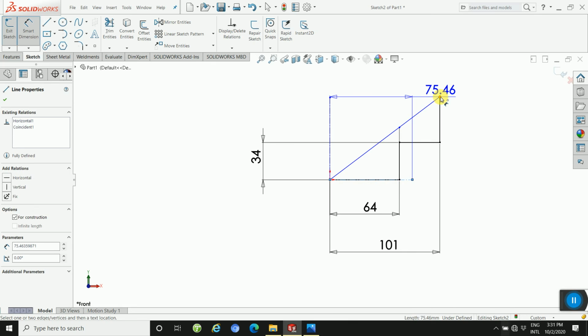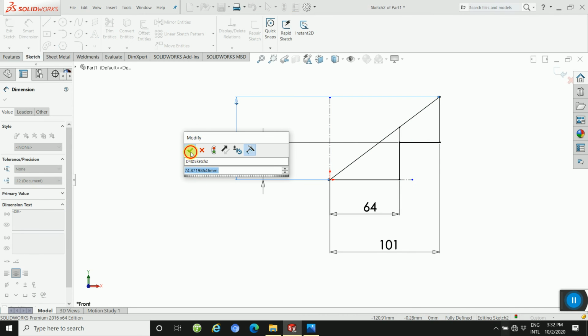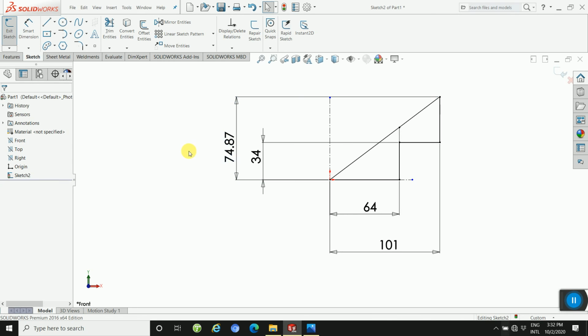First point then second point. Then this way you will apply it here.